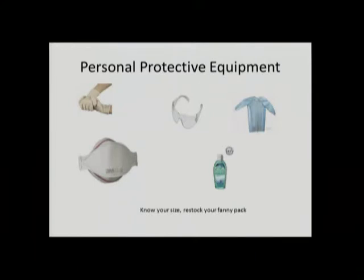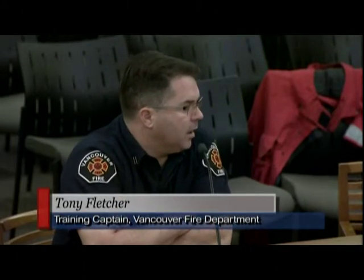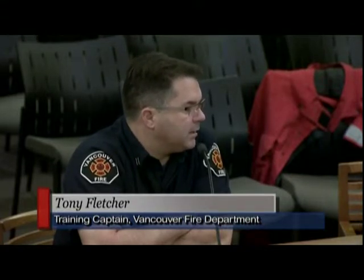And then you also see a little bottle of hand sanitizer. You should have at least one bottle of that in your fanny pack and use it frequently. Again, we're trying to stop the chain of infection, stop that cross-contamination, and one way to do that is to constantly disinfect your hands. So, know your size on the N95, know your size on gloves,